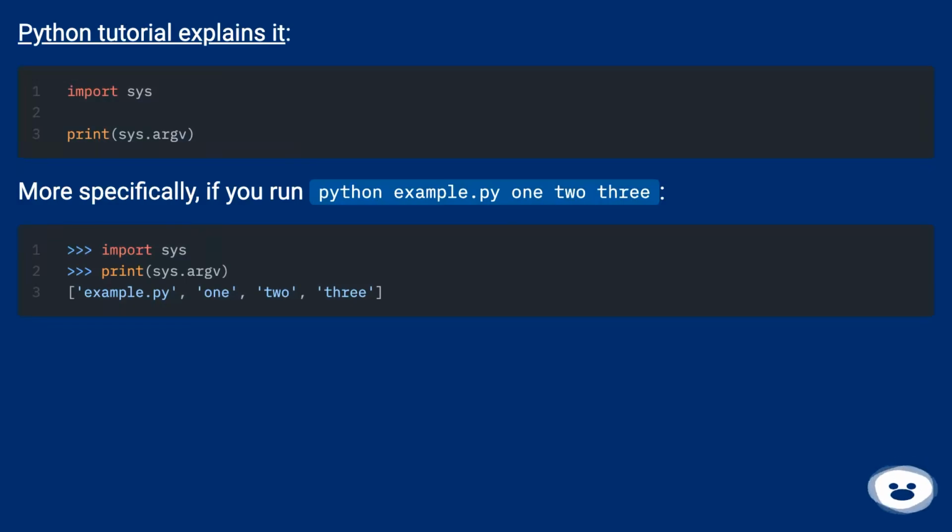Python tutorial explains it. More specifically, if you run python example.py 123,